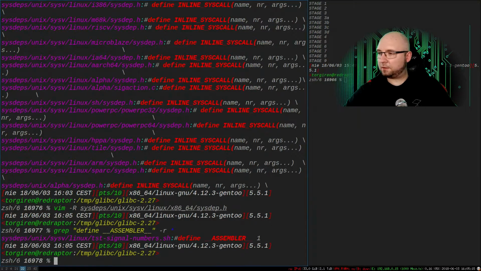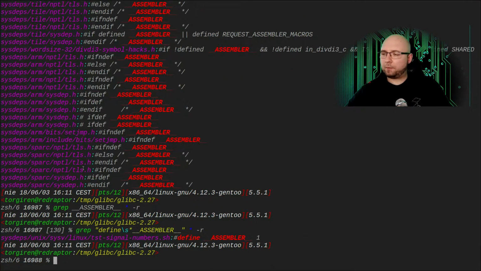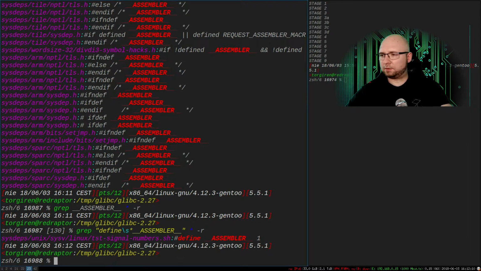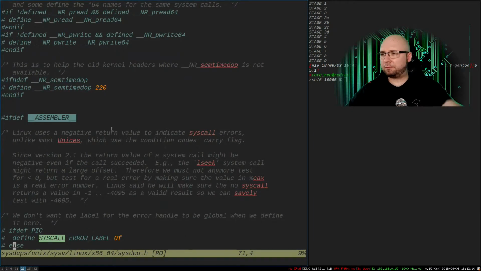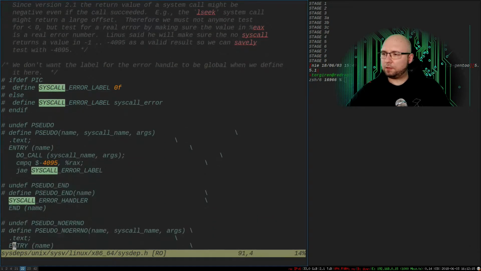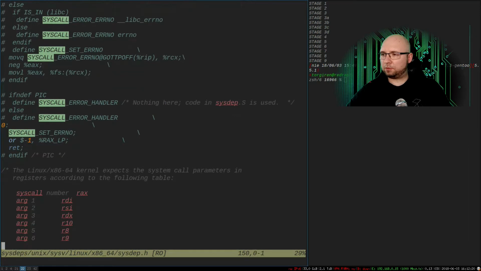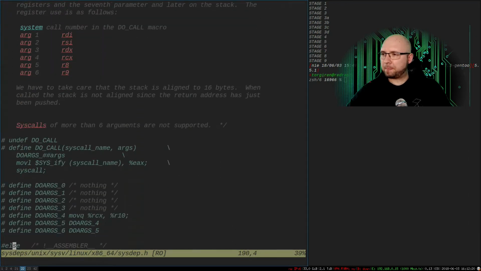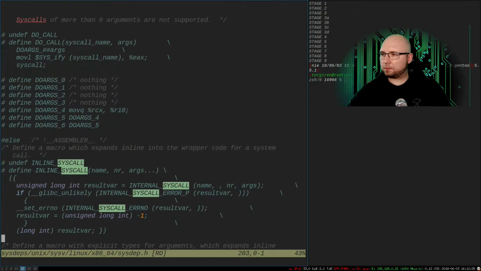variable is, and we can see that sysfile linux test signal numbers is h. Okay, I can't find the definition of assembler anywhere. I don't know what this variable macro is, so let's go through the non-assembler way. Yeah, else, not assembler,